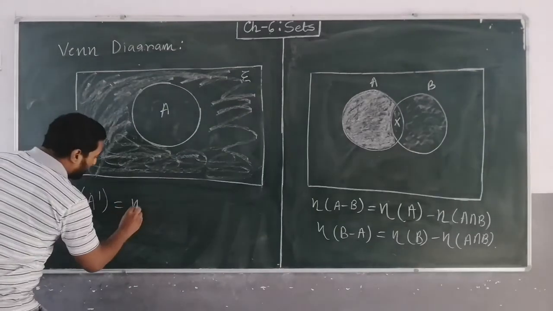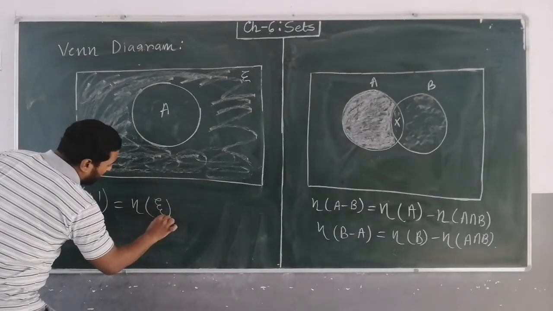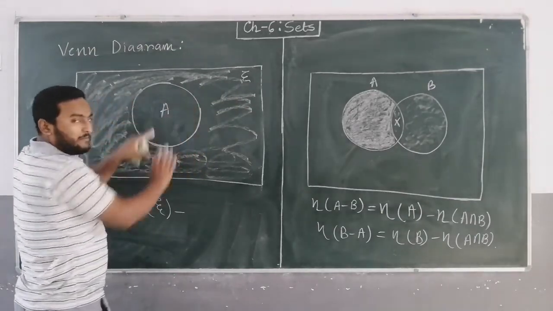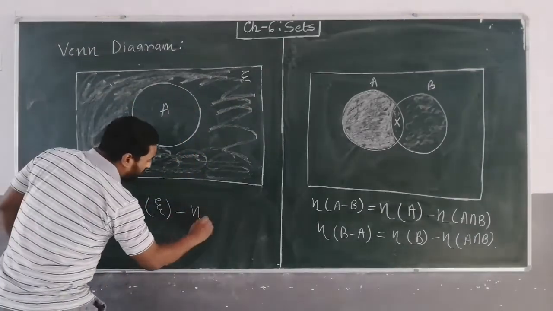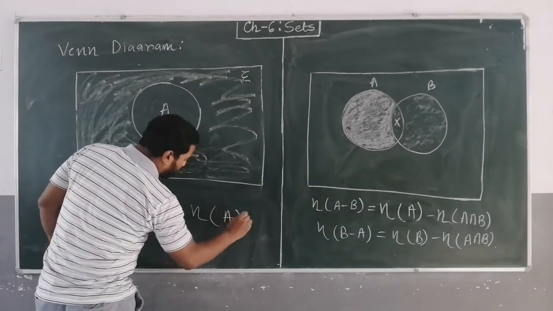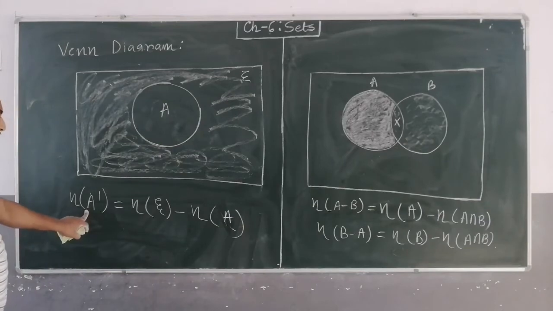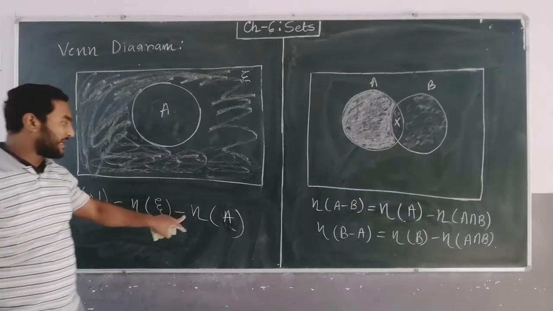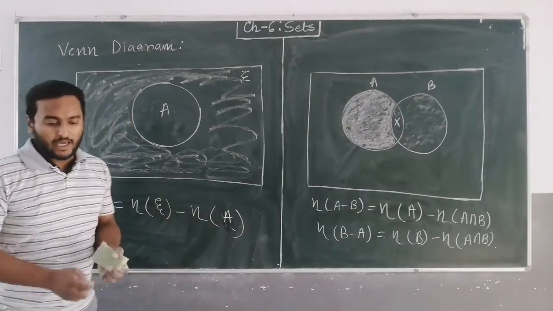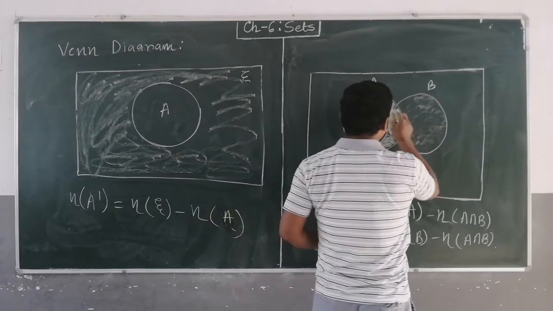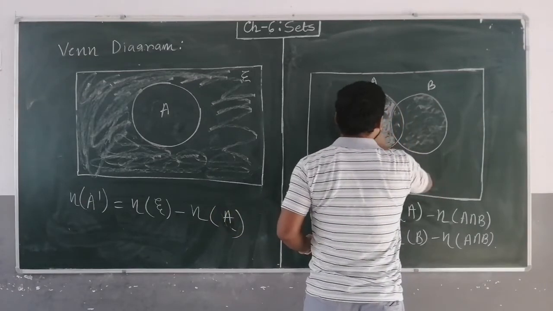So what we can say? Cardinal number of xi minus, from xi you have to subtract the area bounded by A. So cardinal number of A complement equals cardinal number of universal set xi minus cardinal number of A. Okay. Now, if you want to represent A union B complement,